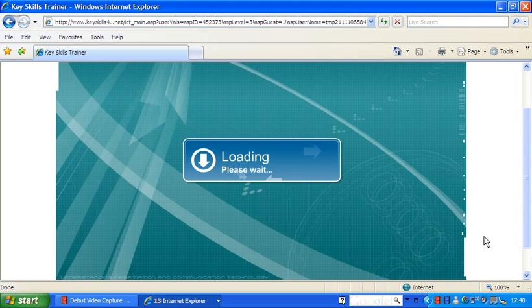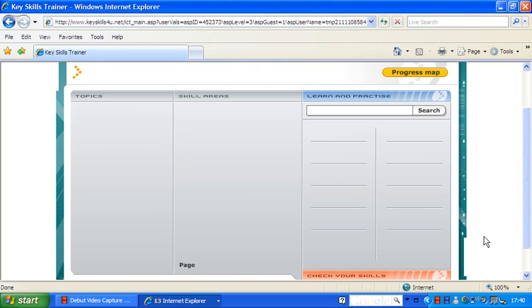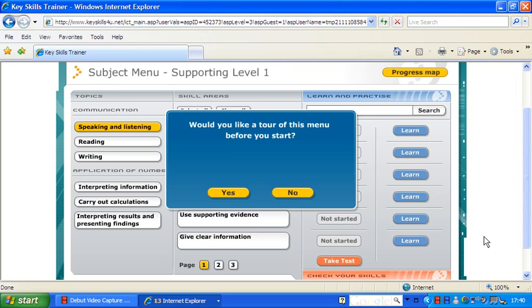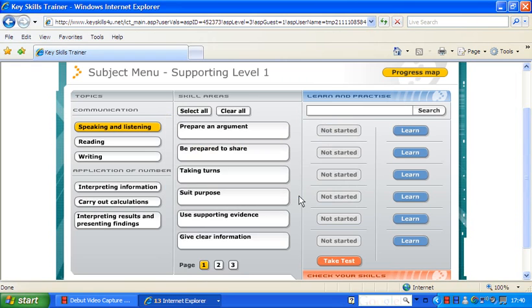The learners are instructed to click the skills and learn, and as you can see, the user is provided with the option of taking a tour of the menu before they actually start to log their skills. Communication is composed of 3 parts: speaking and listening, reading and writing. Within speaking and listening, there are areas of skills that the learners need to be proficient in to pass the